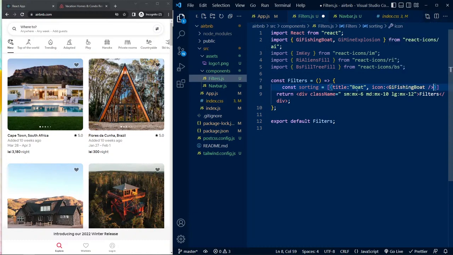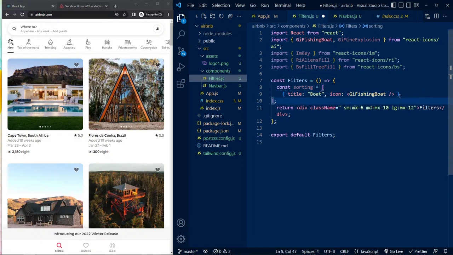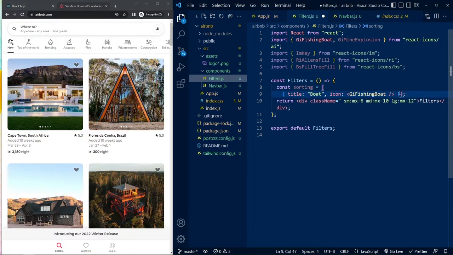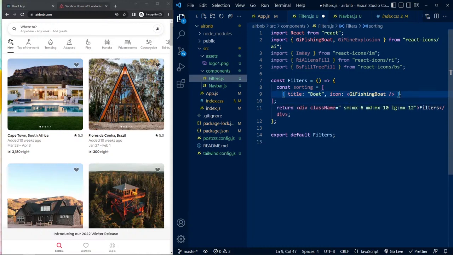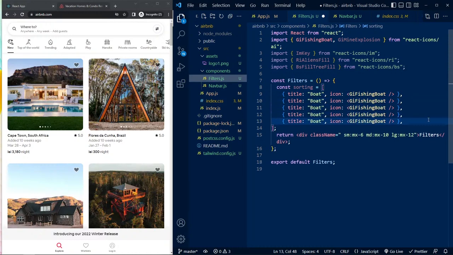And after this one, if I save and move this onto one single line, I can duplicate this, like this, and add a comma. Now let's duplicate this 1 2 3 4 5 times. So we'll have GUI mine explosion, I'll paste it here, then this one I'll paste it here, then this one, let's see,